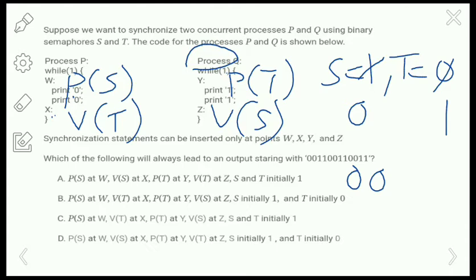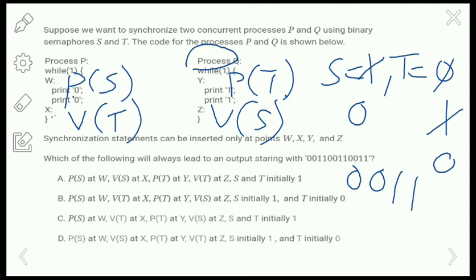Here process Q starts executing. P of T means a down operation on t. t is 1 now, so it is decremented by 1 and becomes 0, and it prints the string 1 1, right?